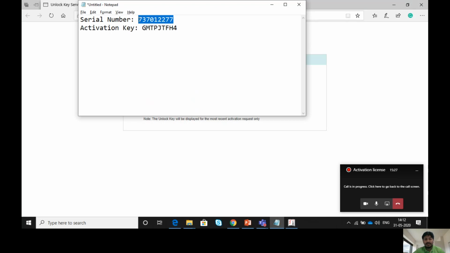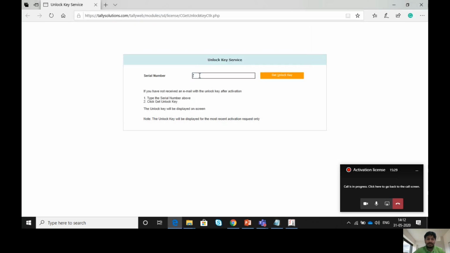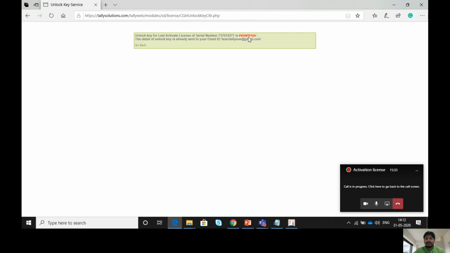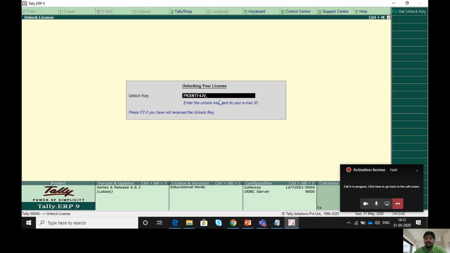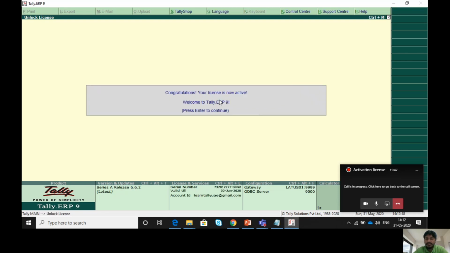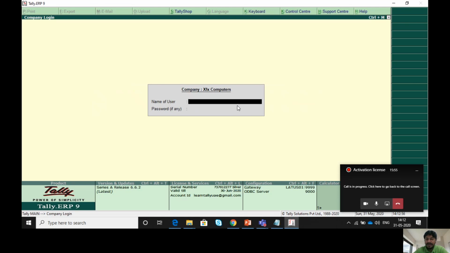The same serial number I provide here, I'll get the same unlock key which you will receive over the mail. So I'll minimize, click on Tally and enter the unlock key number. After that, I'll press enter. Now you can see the congratulations, your license is now activated. Welcome to tally.erp9.